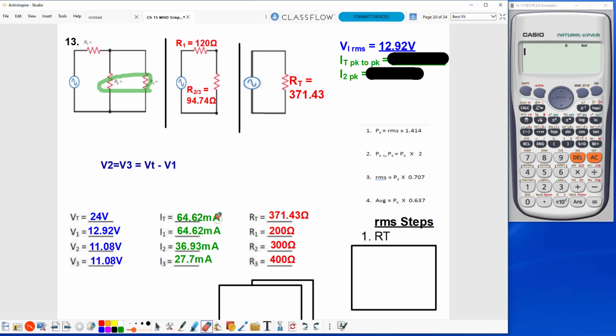Right now I have an IT RMS, so I have to use formula number 1 to take the IT RMS, 64.62 times 1.414, and this gives me the IT peak. Now if I want peak to peak, I have to take the peak times 2, so I just say times 2 equals 182.75